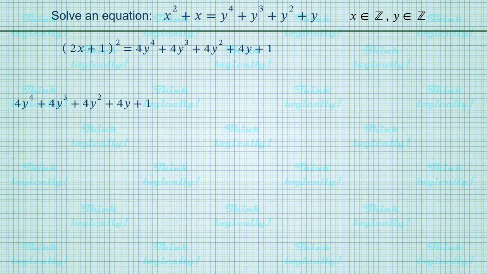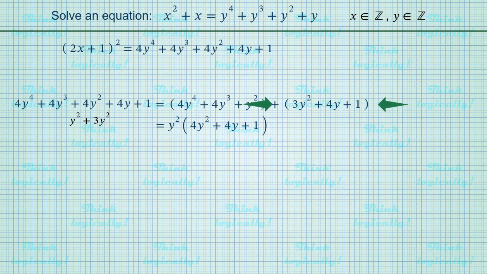This time we are going to get a perfect square out of the first 3 terms. To do that, we split 4y squared into y squared and 3y squared, and get a sum of 2 polynomials with 3 terms in each. In the first polynomial, we factor out y squared. The second polynomial can be also factorized by representing 4y as 3y plus y. The expression in the first bracket is of course 2y plus 1 all squared.